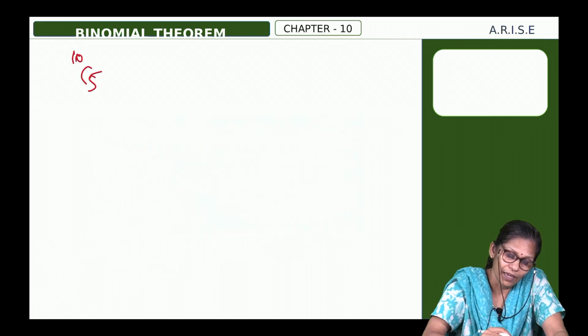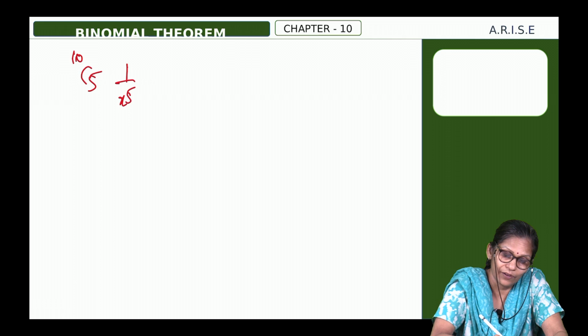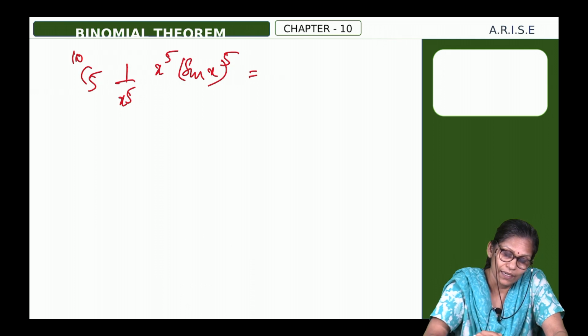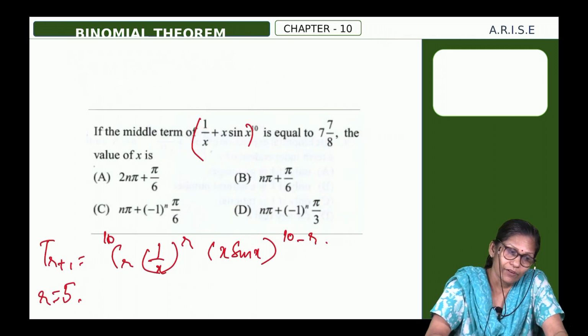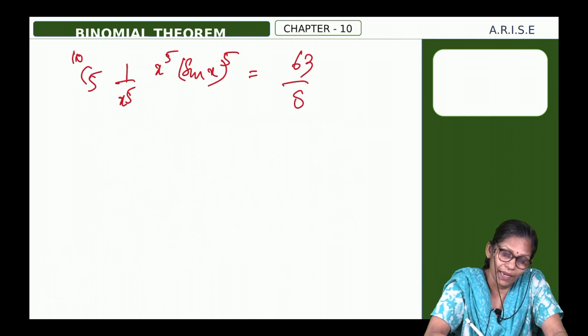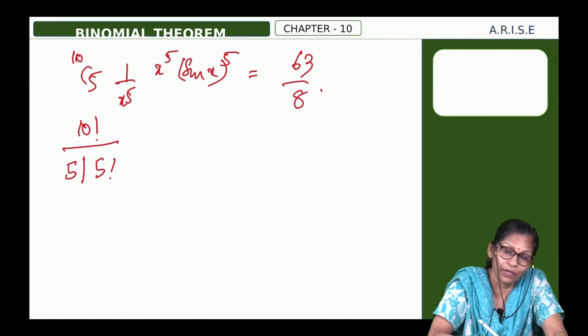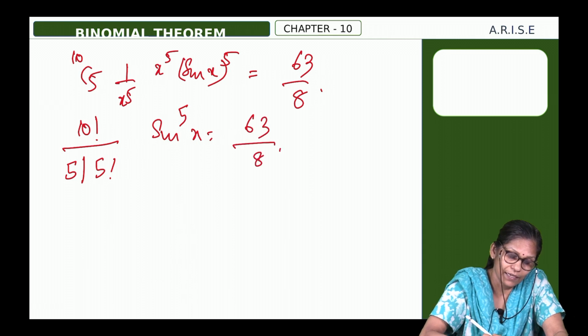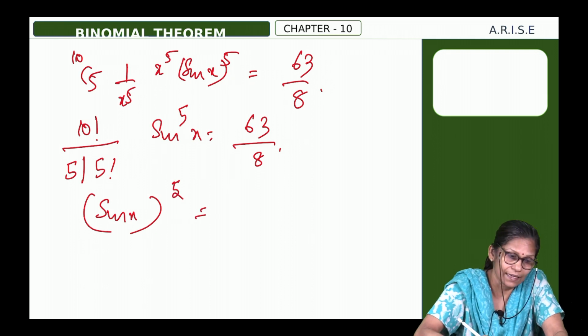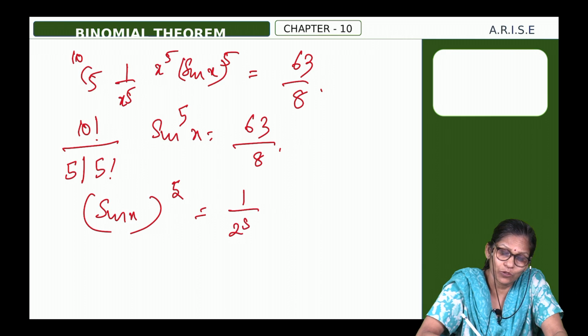10 C5 into 1 by x raised to 5 into x raised to 5 into sin x the whole raised to 5. That is 7 and 7 by 8, which is 63 by 8. Okay. So, 10 factorial by 5 factorial into 5 factorial, this will cancel. Sin raised to 5x is 63 by 8. That is sin x the whole raised to 5. After simplification and cancellation, you will get 1 by 2 raised to 5,